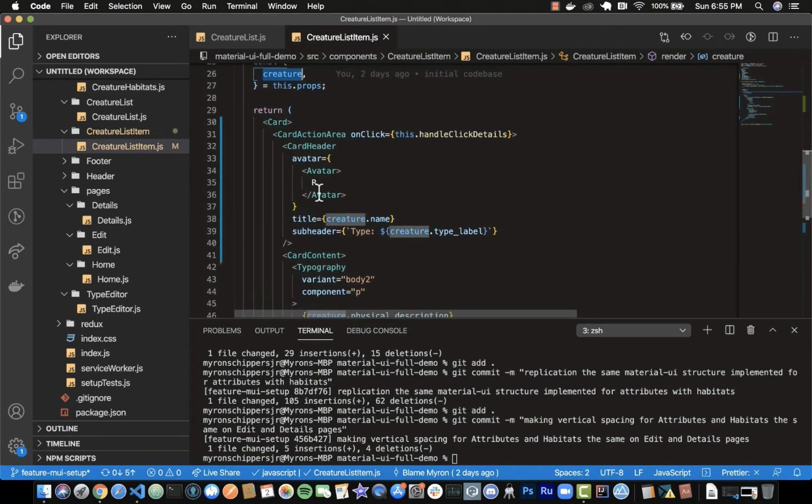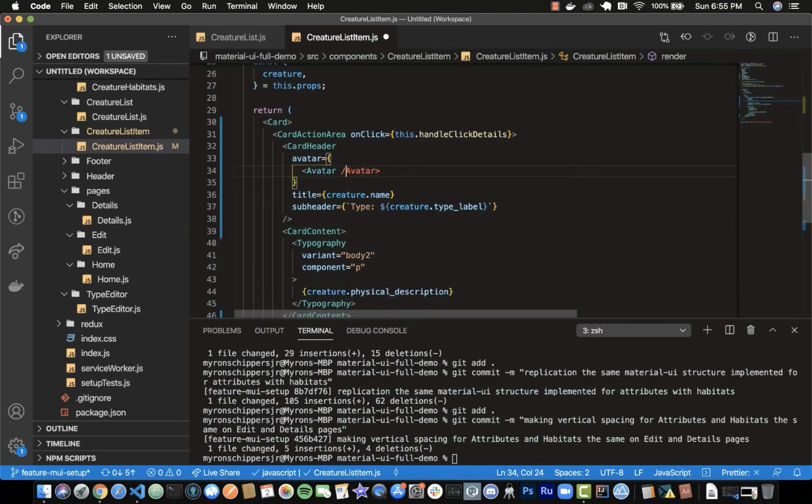So on the avatar, I'm going to go ahead and make this a self-closing tag. We're going to pass alt, and my alt's actually just going to be the name. So we'll do creature dot name, and my source is going to be